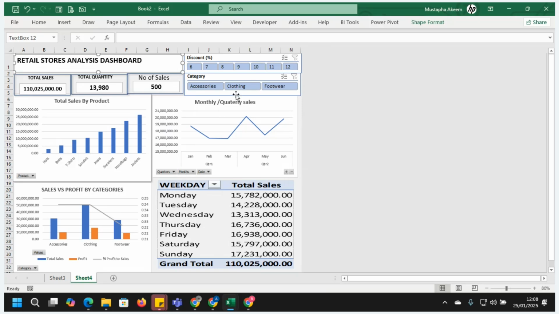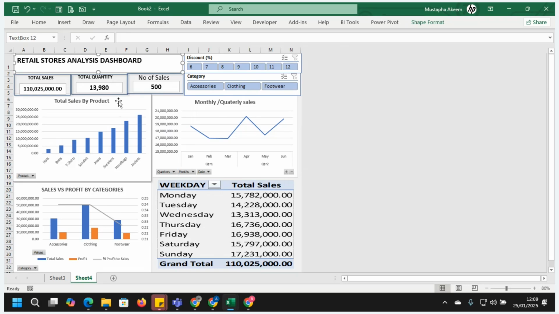You can have multiple sheets for your sales. You can do sales analysis separately, like one sheet for different categories. You can do profit analysis on another sheet. You can do the sales analysis on that sheet. So you can do as much analysis as possible, not just sales only.